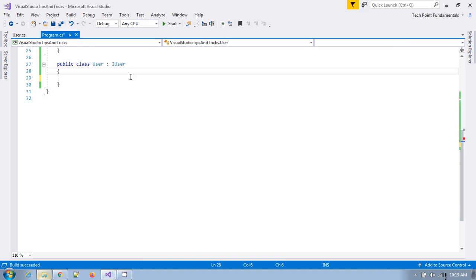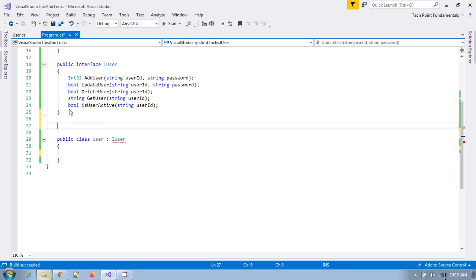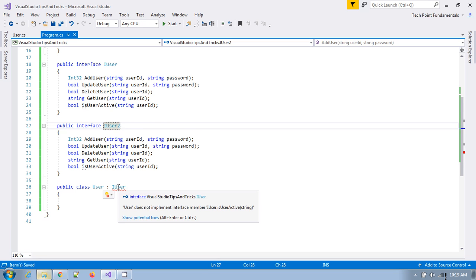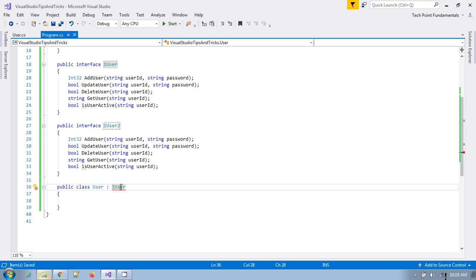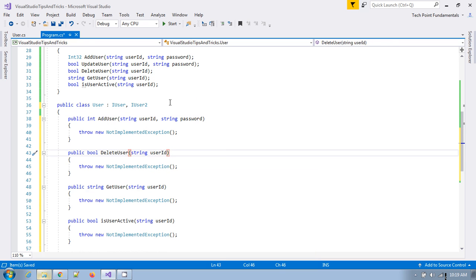Because suppose we are inheriting two interfaces. Let me make this one IUser2, and inherit this IUser2 here as well, right? For this interface I will implement all the members as they are, right? And for this IUser2,